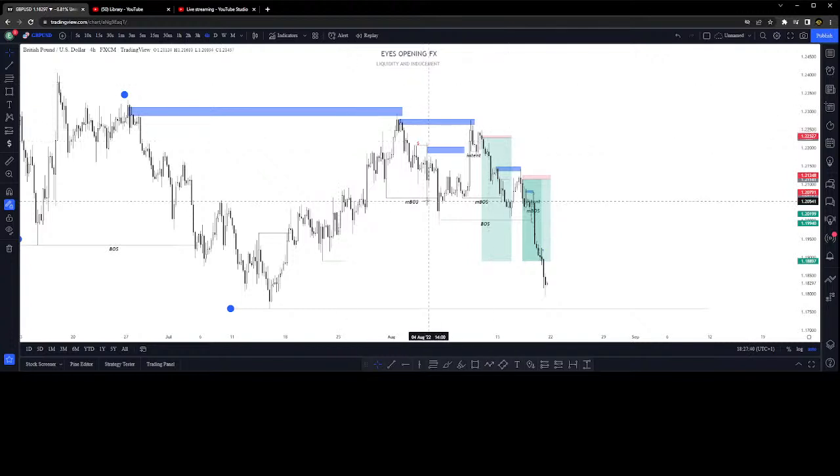All right. So now, since we have gotten a minor break of structure at the POI, intent will be given on a lower time frame around this area. So the idea of intent is what? Most of the times when intent is given, you first take an entry. Intent always happens before a minor break of structure. So the minor break of structure will give you a general idea that we are fully bearish. After being fully bearish, then you have your minor break of structure before the market will come and take